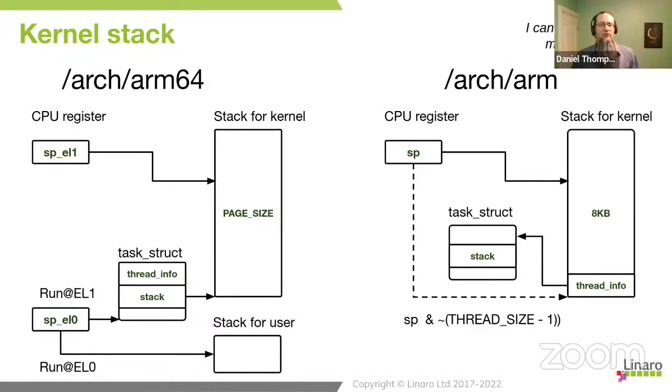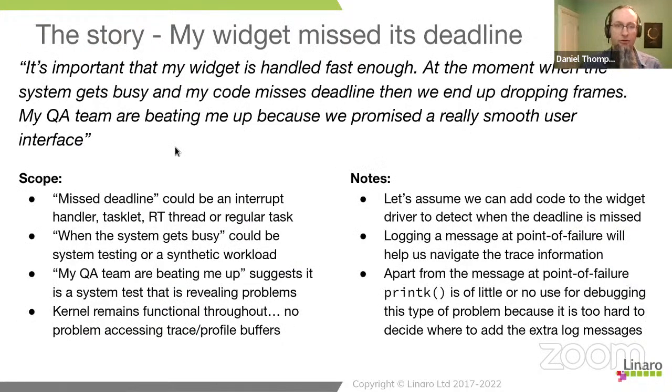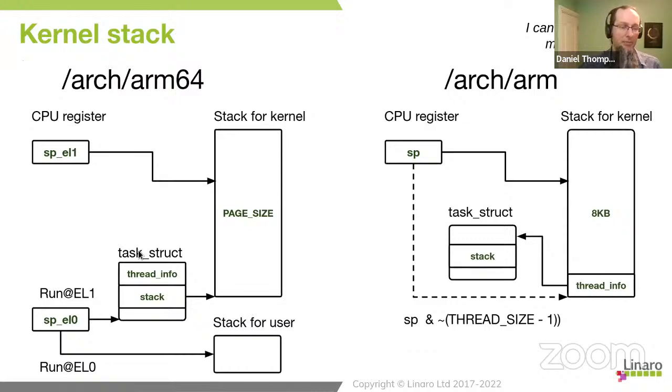Similarly with stacks, it is useful to know how stacks work, especially if you are on a 32-bit ARM. On a 64-bit ARM, it's not too bad. We have a 4K stack, and we have 2 stack registers, one for the kernel, and one that is normally used for user space, but on entry and exit to the kernel, we replace it with a pointer to the task struct. Inside the task struct, we have the thread info, which is the fast place we use to find things about the current thread. The idea is that thread info is accessed much more frequently than the task structure, so we get to it quickly.